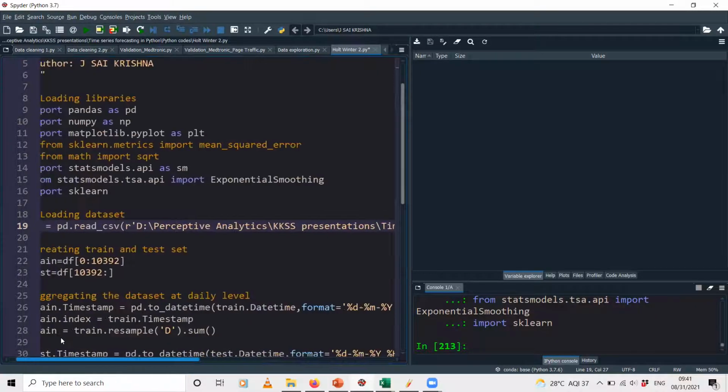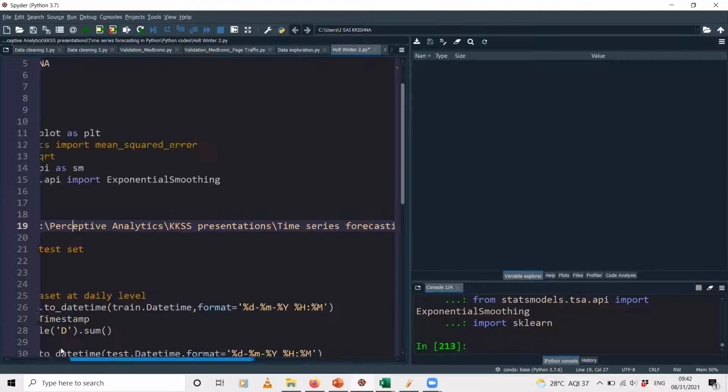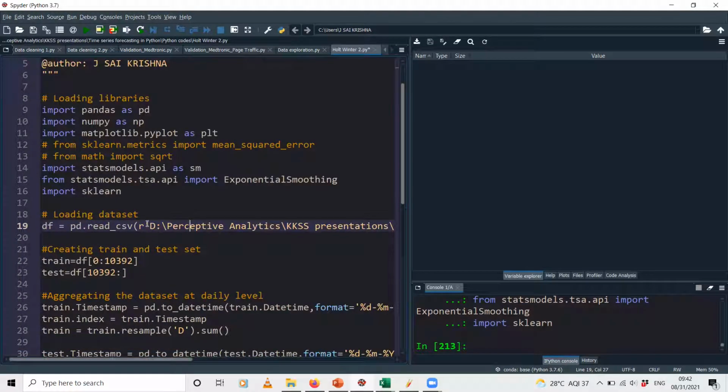Okay, this is not something that you have to give necessarily. If you have a requirement like you want to filter out a part of the data, you can use this parameter over here. And just remember, in Python, before specifying the file path, you have to give the letter R as a prefix. R followed by the file path within quotation marks. That is the syntax. Okay.